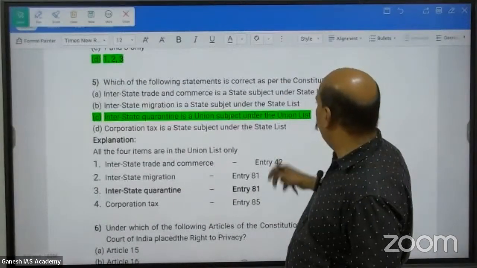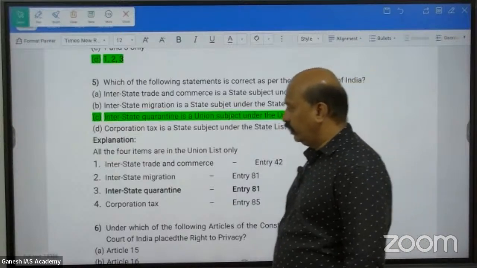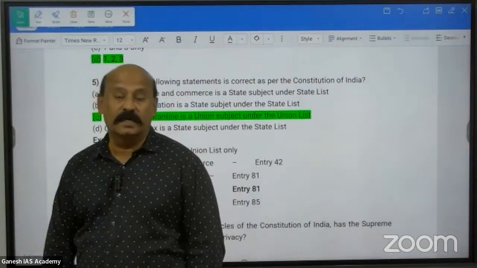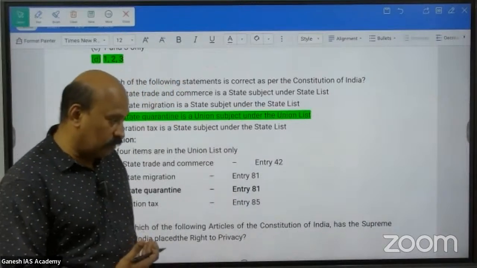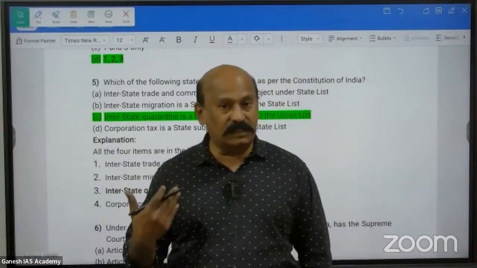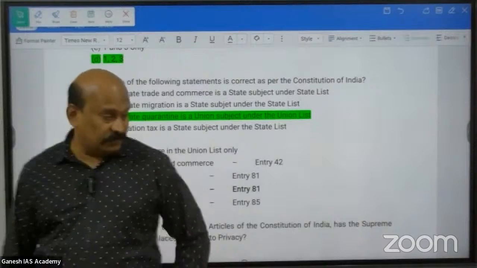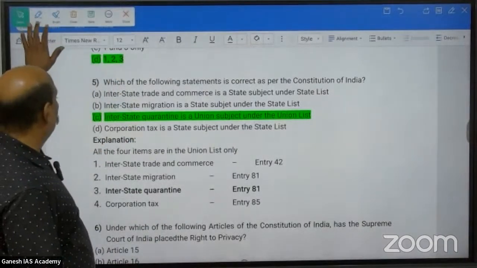Then the fifth question is, which of the following statements is correct as per the Constitution of India? This is a list. See, these kinds of questions, I'm a little surprised because it's quite long. Quite a bit of time they have not asked this kind of questions relating to the lists in the 7th schedule. And now they have started asking, it seems. Here,